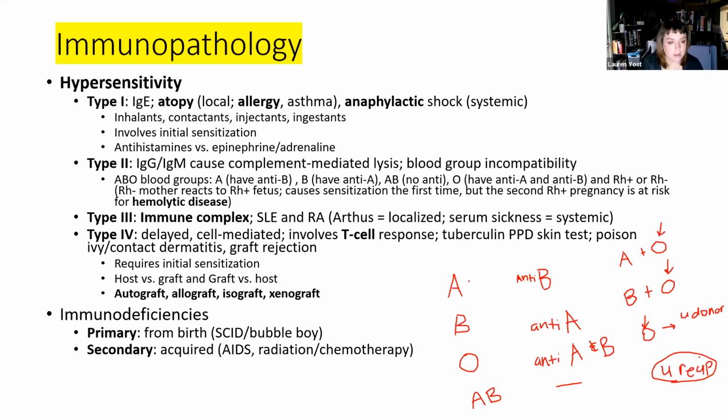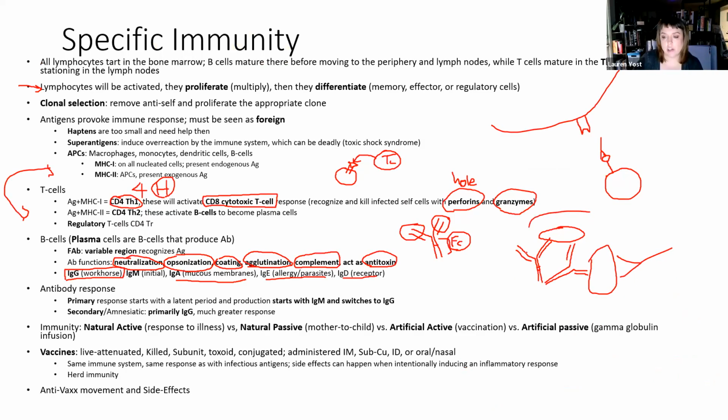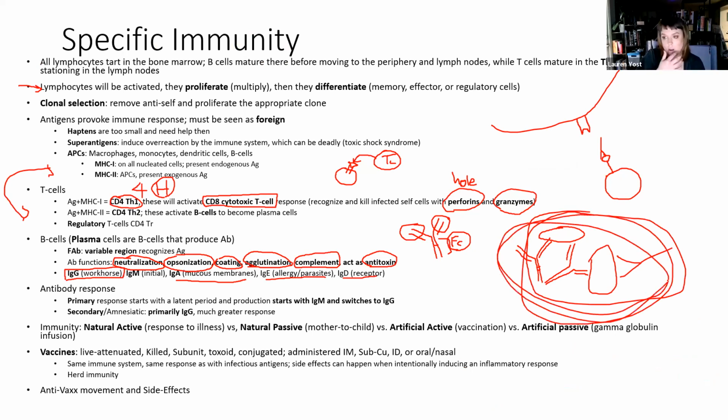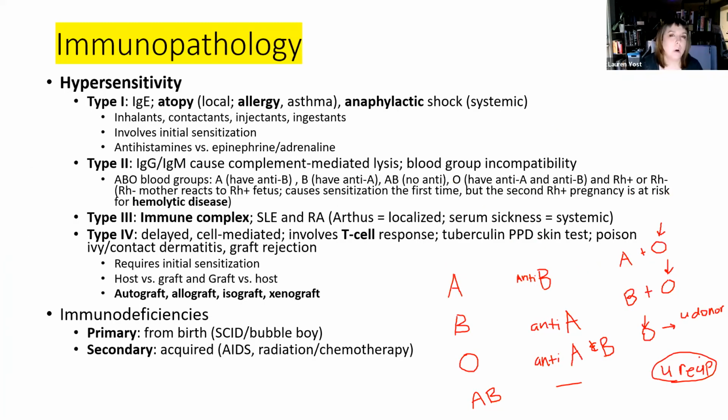Okay, type 3, this deals with immune complexes. So you guys remember how in the previous chapter, let's see if I still have it up. Yes, I do. We talked about agglutination and how all these antibodies can stick onto all of these bacteria and make basically a little clot of bacteria and antibody, and they're all stuck together like a mass, right? Well, big complexes like that should be cleared by the body pretty normally. However, some of the smaller ones can stick around and not be cleared out very quickly. So they're floating around, maybe after a recent infection or something.